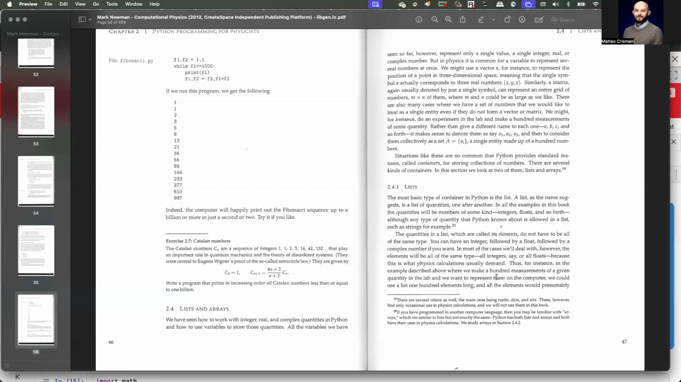Can you go to the next page? Yeah. I'm sorry, I would do it, but I can't. If you look to the left and you just do this. Oh,